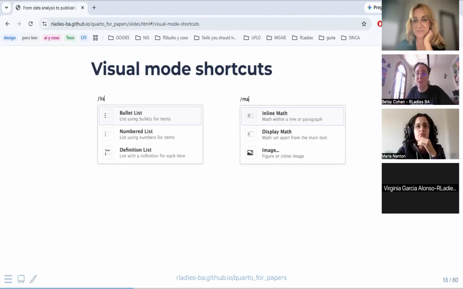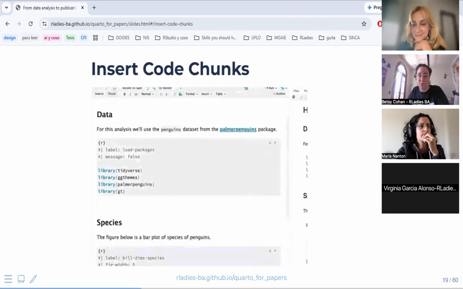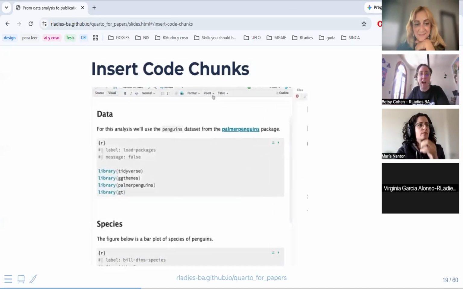You see that you add a backslash and it's going to deploy the entire menu, and you can add bullets, numbers, all of the stuff. You don't have to remember how to use a specific code for that. That's a super cool option that it has in the visual mode. And you can add